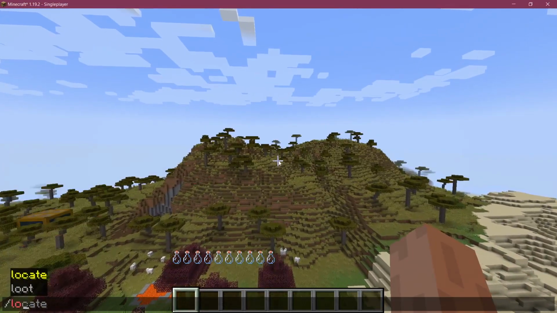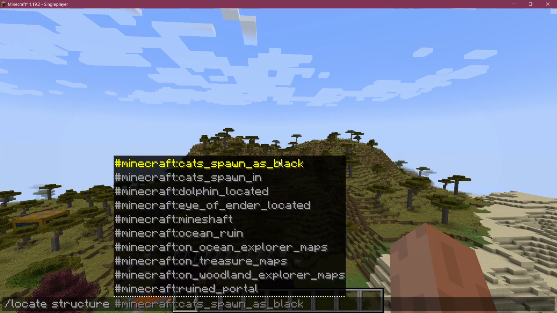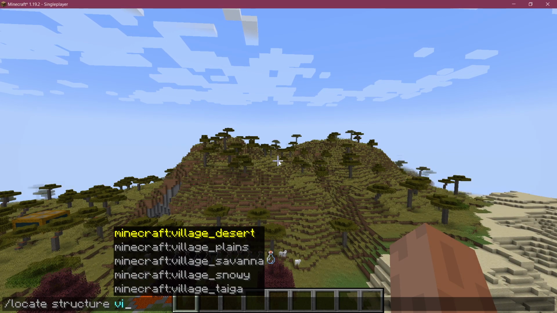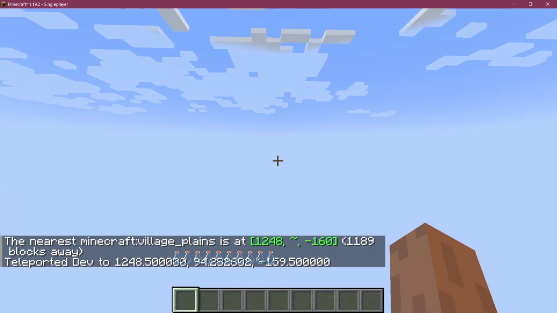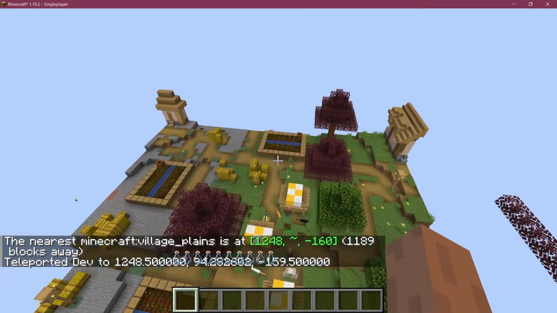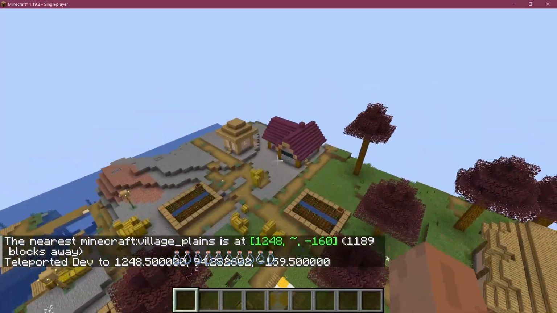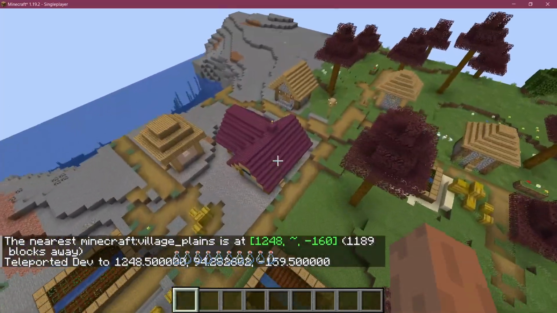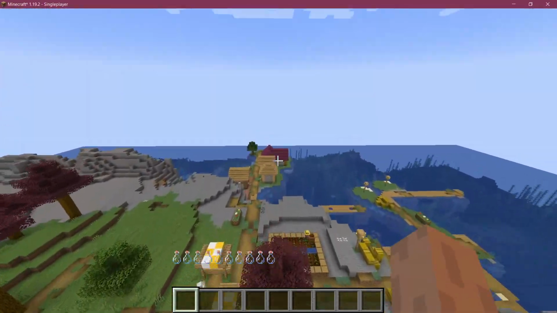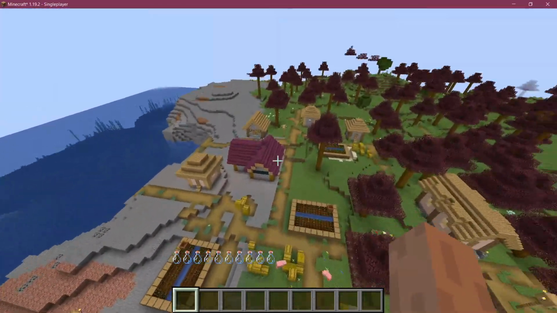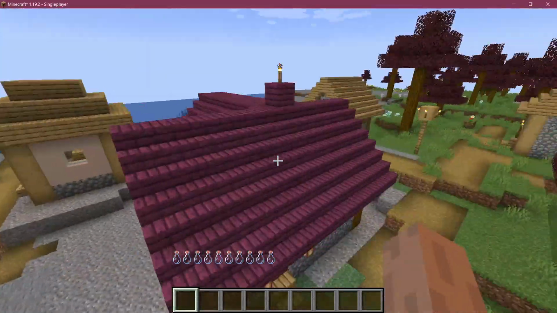Alright, we find ourselves in Minecraft, and let's just locate over here the Plains Village. So let's take a look and let's see. There we go. Let's go over there and let's see if we can find our custom structure. And there it already is. So everything working exactly how we would expect it to. Do we have a second one? We actually do have a second one,